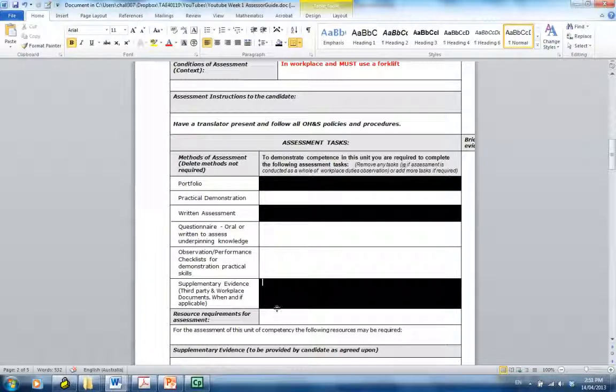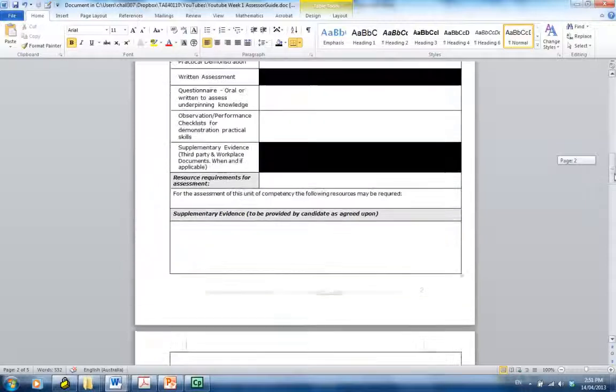And I'm going to let you, when it comes to a license to operate a forklift, have a think about what resource you might definitely need, a resource that can't be a simulated resource, like I was just talking about at the beginning of this presentation. So I'll let you complete the end of that document. Good luck with that.